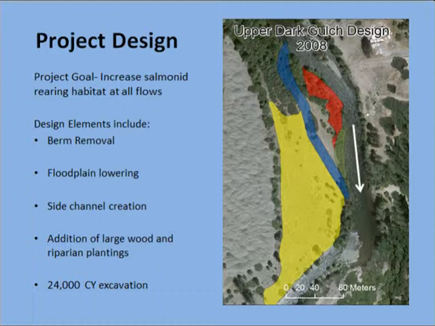So increasing rearing habitat at a range of flows, which is an important aspect to remember about our mapping: it's a snapshot in time at that specific flow we go and map. A model can tell you a range of flows of how much habitat, and it's estimating it. Well, we're out there measuring it, but it's only at the flows that we measure it at. And if it's twice the flows than what we were at, it's a different habitat, and our maps don't speak to that.